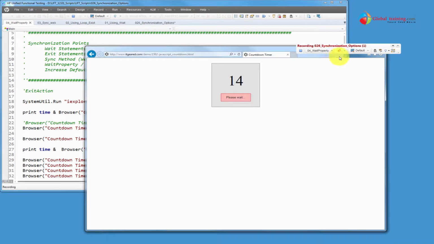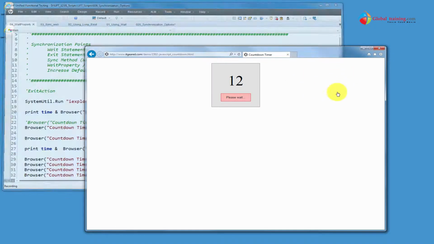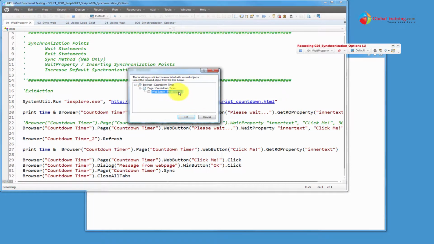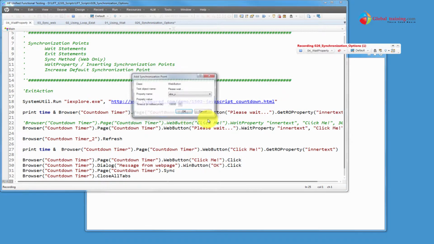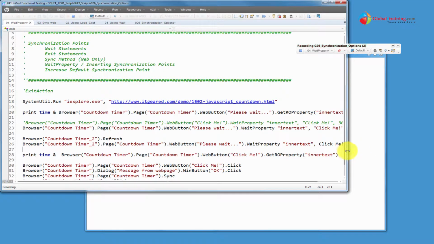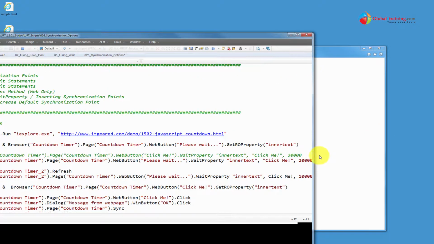Okay. Now if I do sync and click on Please wait, and I got this button. Now it says what do you want to look for, what property you want to look for: inner text, and what should the property value be, and that is "Click me!" And this is now in milliseconds. Okay, and let me stop the script